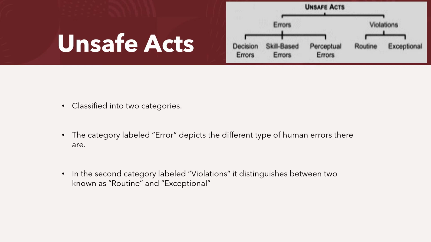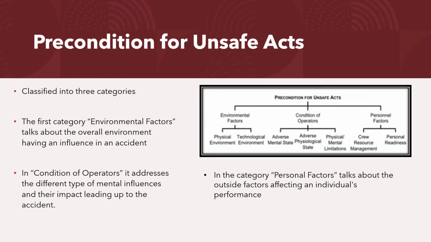In the second category, violations, there are two distinct forms, which are routine and exceptional violations. In routine violations, individuals within management would bend the rules in certain situations, whereas in exceptional violations, it is an isolated departure from authority, neither typical of the individual nor taken notice of by management. The second level is preconditions for unsafe acts, which is classified into three categories: